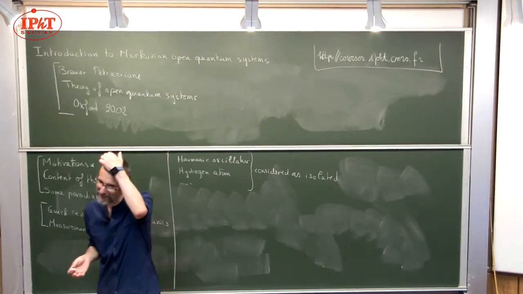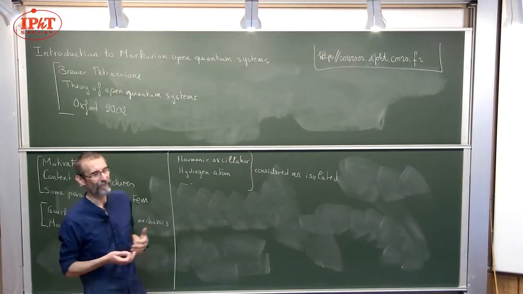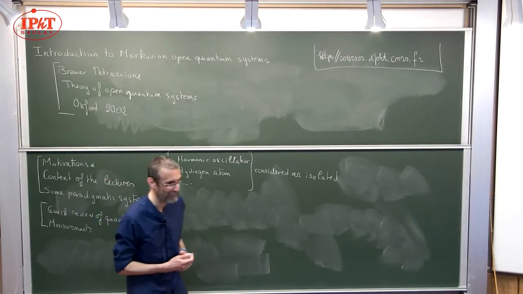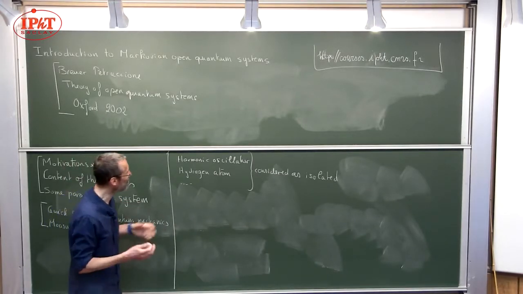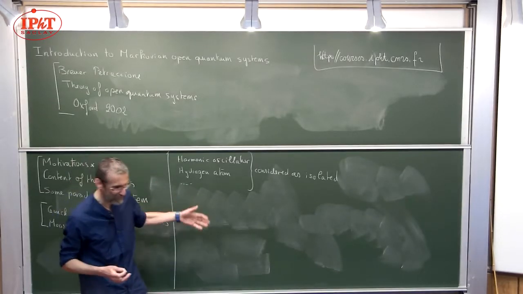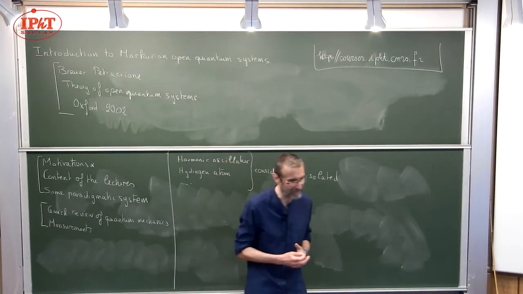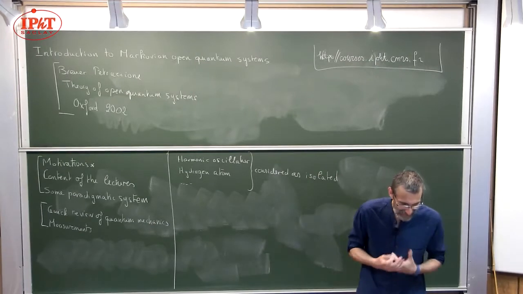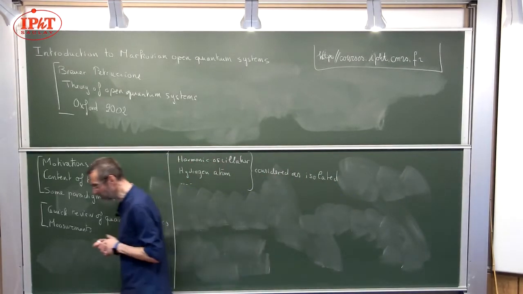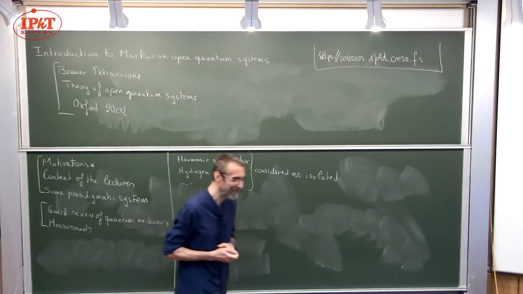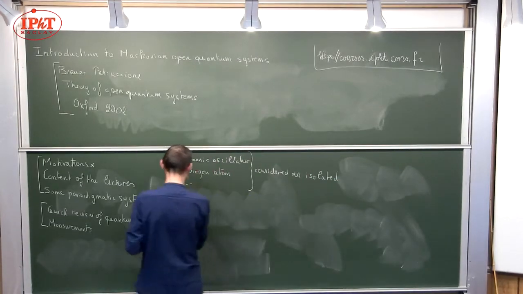And then the question is whether or not the fact that you're not really isolated is important for your system over the time scales you want to look at it. It depends very much. In certain circumstances, it's a perfect or almost perfect approximation, and in others, it's a very bad one. And open quantum systems deal with this situation. There is at least one situation in which clearly you cannot consider the system as isolated, and it's measurement.